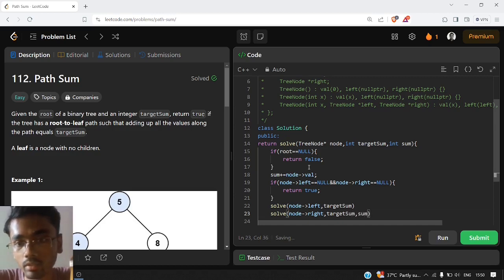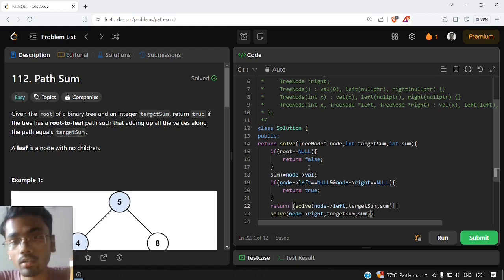Also we will store the sum here. And if we get a true value from any subtree, left or right, we will return true here also. So we can code it up like this.